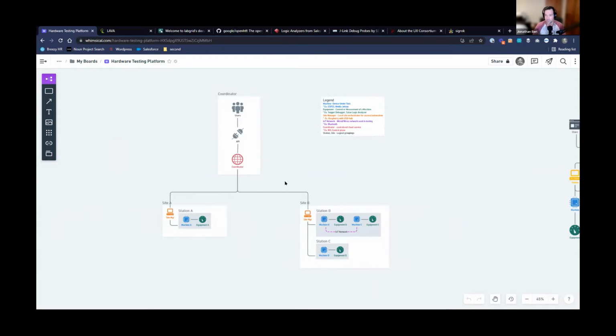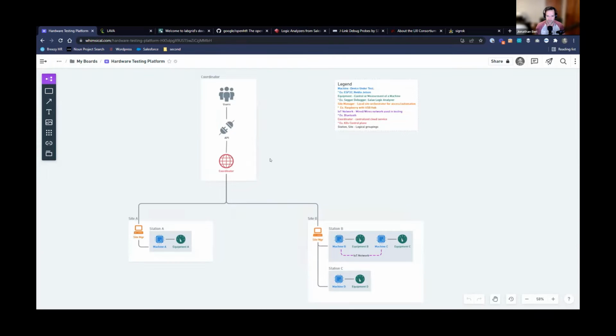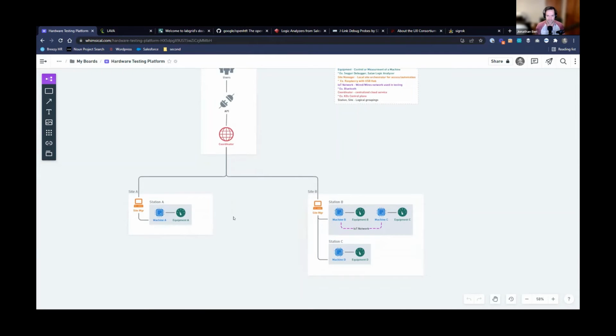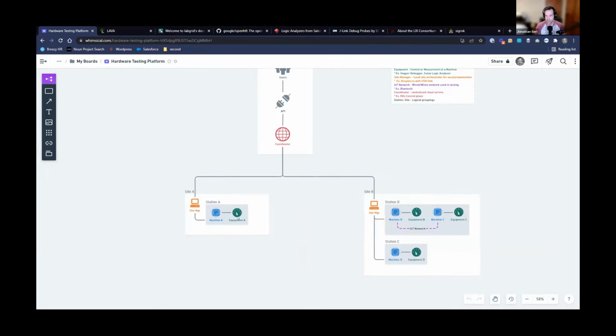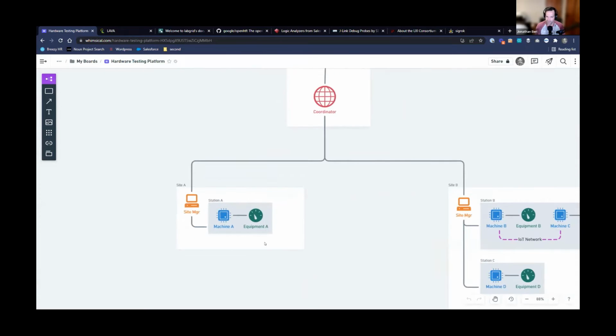And there's some examples of projects that do something similar, but just to walk through, I realize this is a very, very small font. But the idea is that at different test sites, that might be offices around the world, that might be customer locations, there's a concept of a station. These are sort of generalized terms. And you'll see how this all ties to Akri in a hot minute.